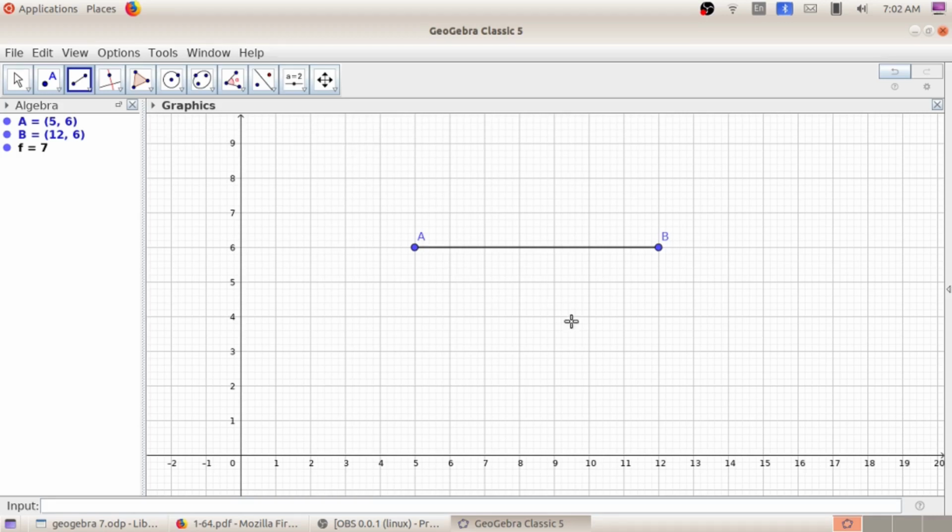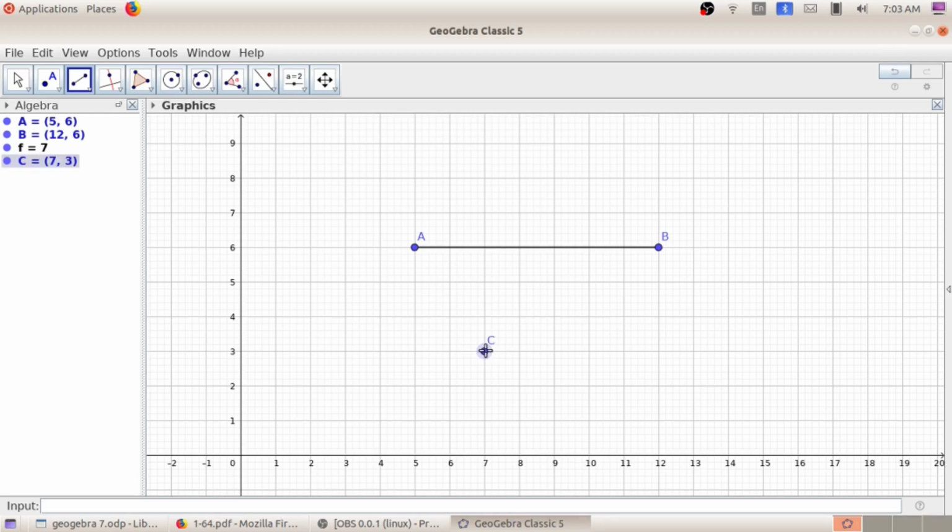Now dear students, you need to draw the second line that intersects this first line. So what do you mean by intersect? Yes, the two lines are meeting at a point. So I will draw the second line here.